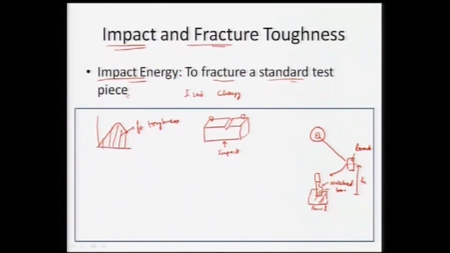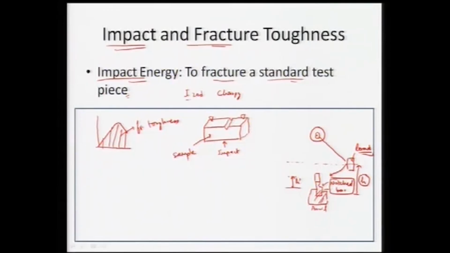With certain height, there will be some absorption of this energy, because we have certain load and it has certain height. Once it is allowed to swing from one end to the other end, there will be loss of height. So we had certain height, and finally we can also see some h dash. There will be lowering of height because of the absorption of this energy by the notched bar. So through this particular equation, we can always find the overall energy absorbed by the sample. Our sample is a notched bar, and through that we can see what is happening in terms of the absorption of this energy.